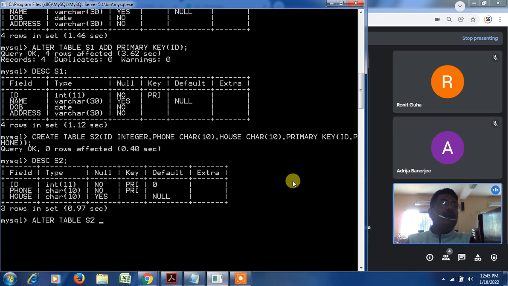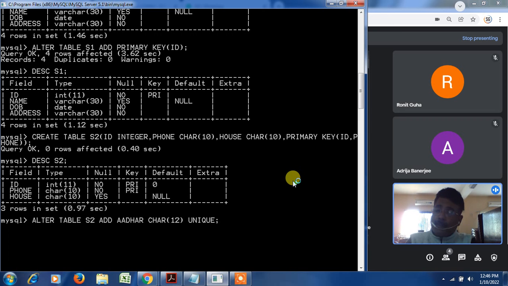Okay, then what you will do: alter table S2, add other, char. It is 12 characters long, and then you can use unique out here. Unique means this can be kept null but cannot be duplicated. So that is the difference between unique and primary. I had told you earlier, today also I am saying it.